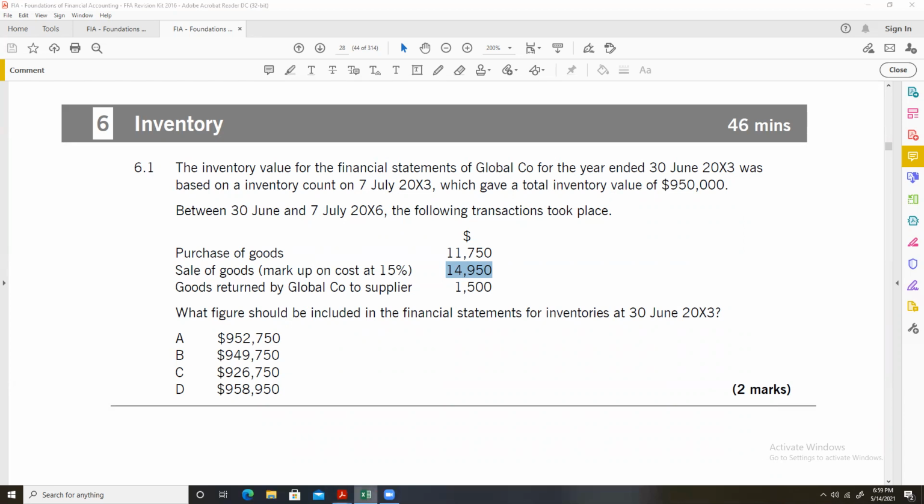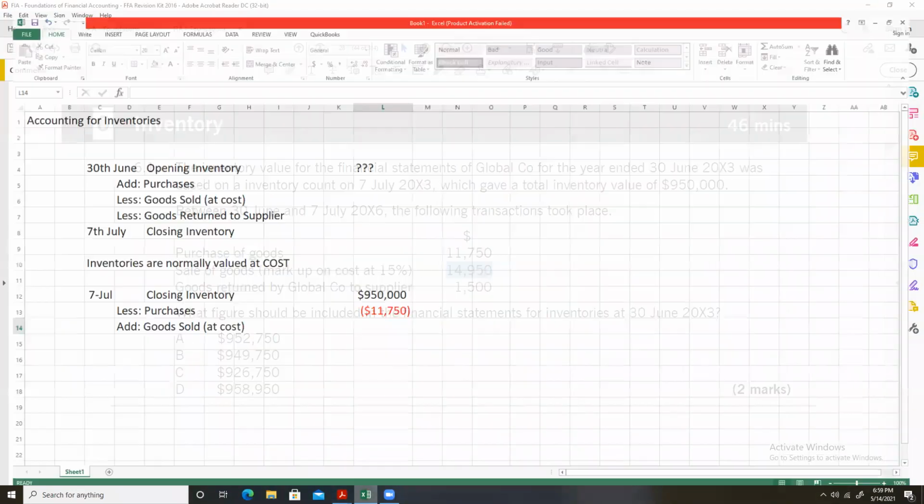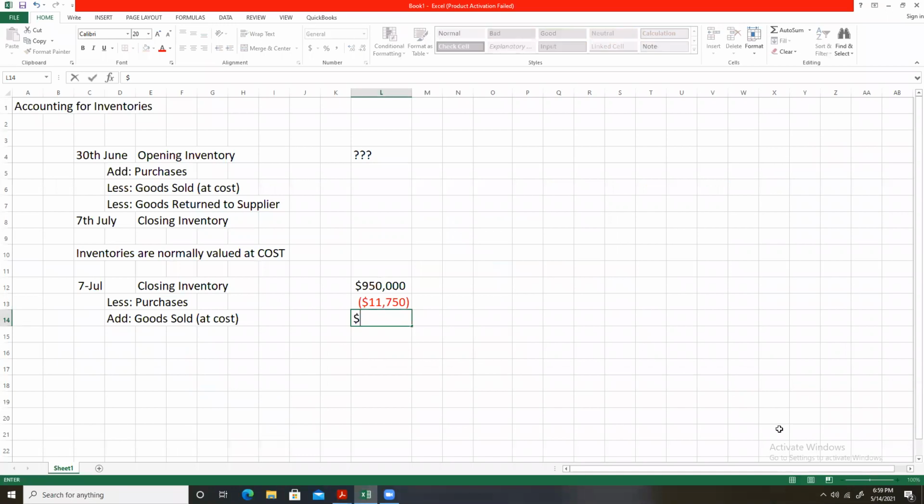That's why, as we are doing a reverse calculation, we will add these goods. The cost of these goods is $13,000. Yes. Moving forward,